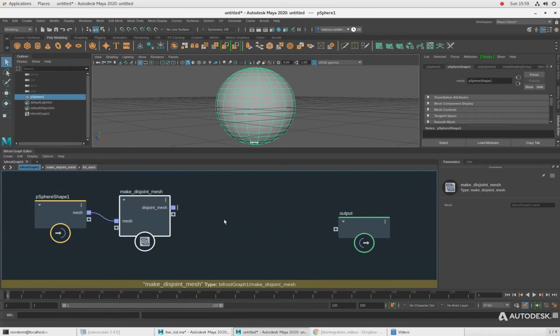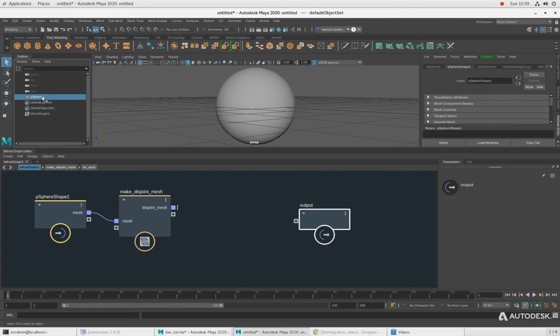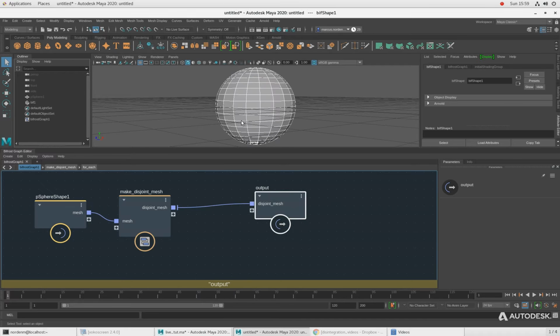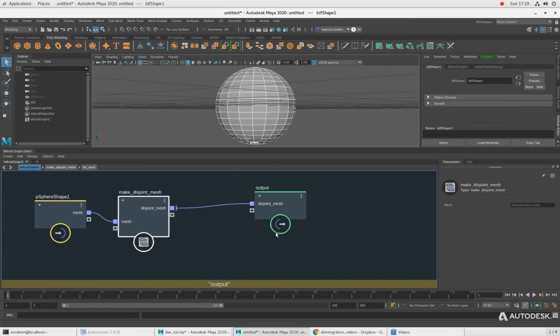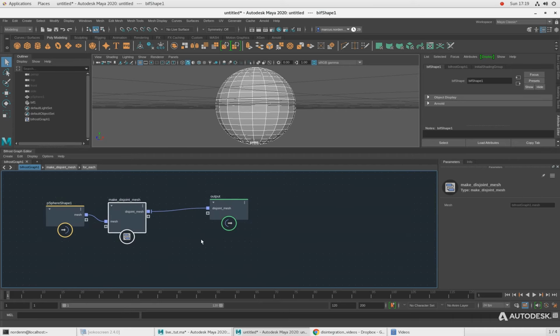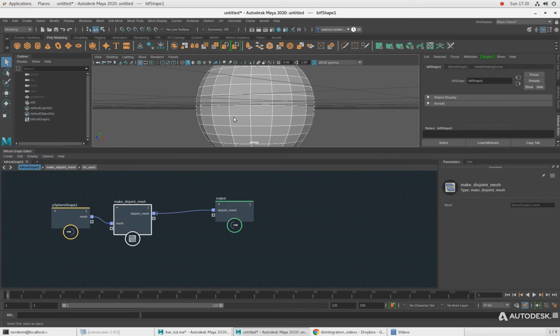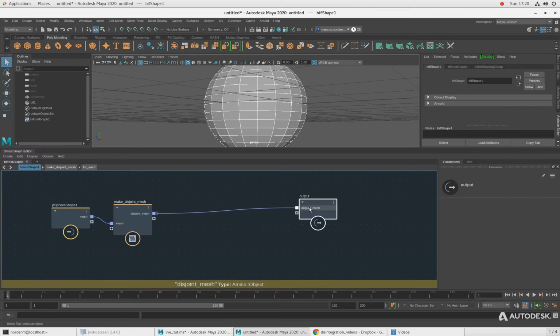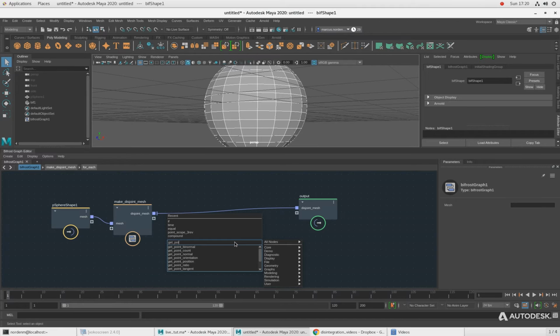And let's hide our original sphere and go ahead and plug that in, and look at that, we got a mesh. So let's now go ahead and check if it actually is disjoint, right? So in theory, if we start displacing the vertices of this new disjointed mesh, then we should start seeing separation happen. We should start seeing these faces actually separate from each other. So let's do that. So we'll get point positions